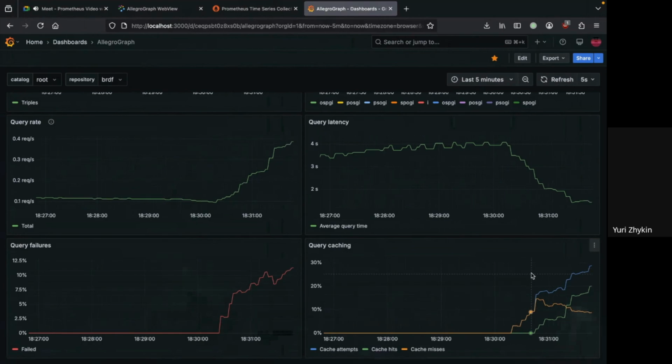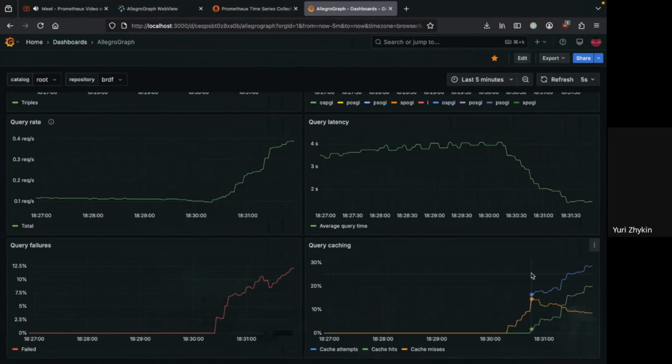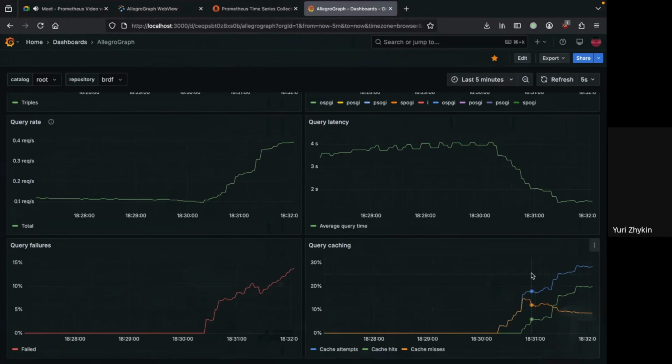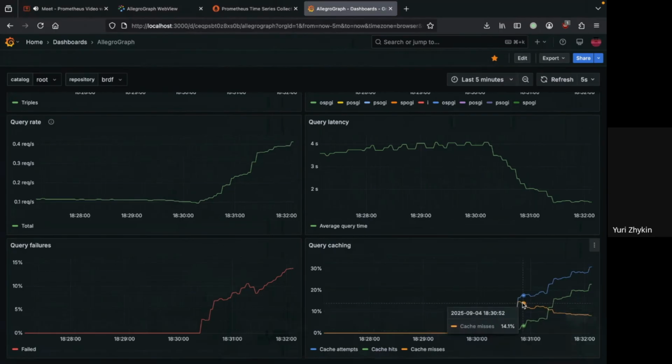And 50% of the queries attempt results caching, but there are a lot of different kinds of queries, 10 different kinds of queries in fact. So the caching is not 100%